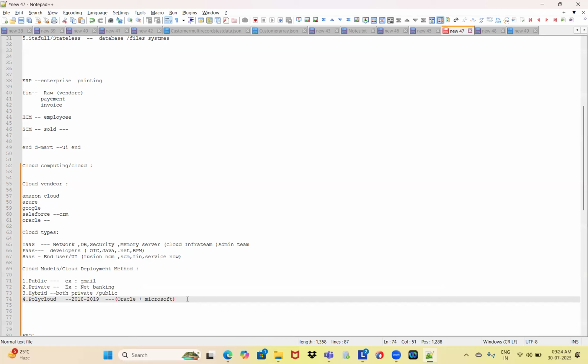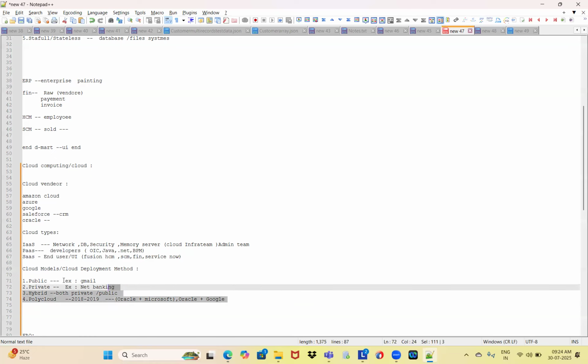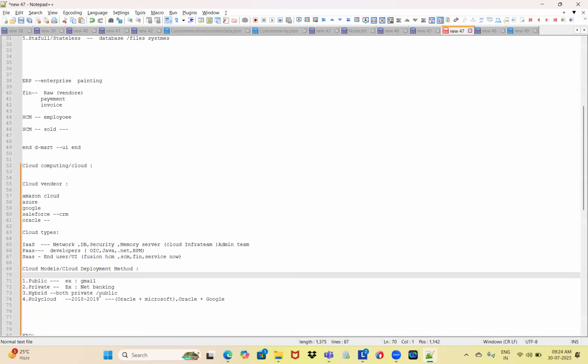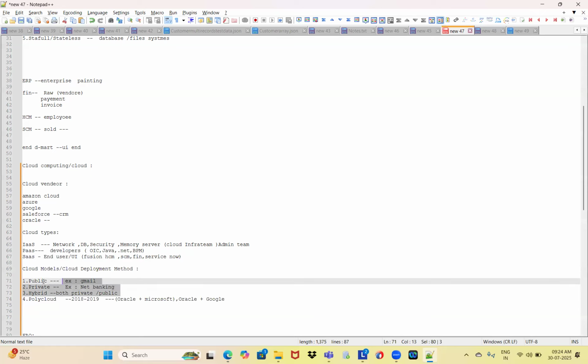This is one way, and in the same way Oracle and Google. So Oracle collaborates with the other cloud vendor, and they can deploy the applications in the cloud. That method is called the poly cloud. So these are the four cloud deployment methods we have at present.